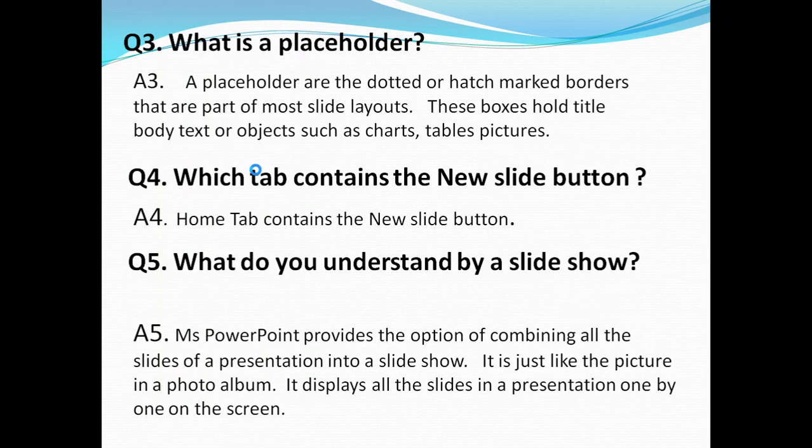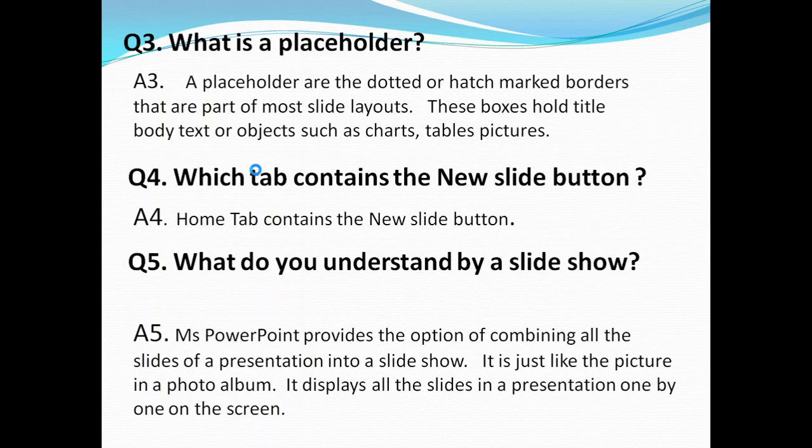A placeholder are the dotted or hatched mark borders that are part of most slide layouts. What can you put in these dotted boxes? I can put text, I can put some charts, I can put some table, or I can put pictures, right? I'll just show you just after this question.